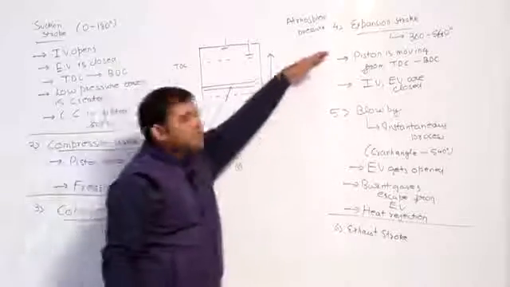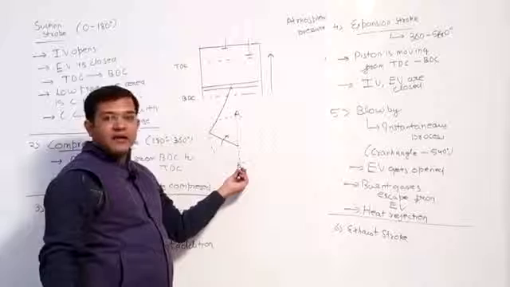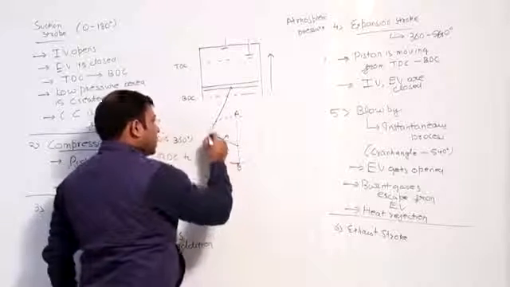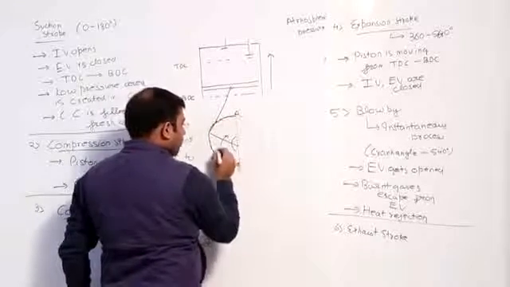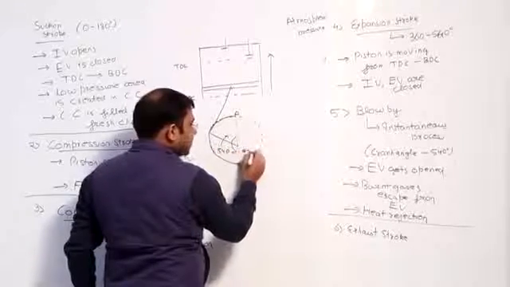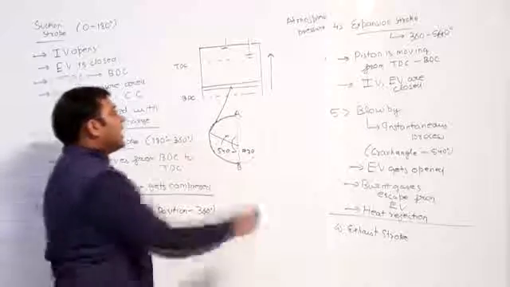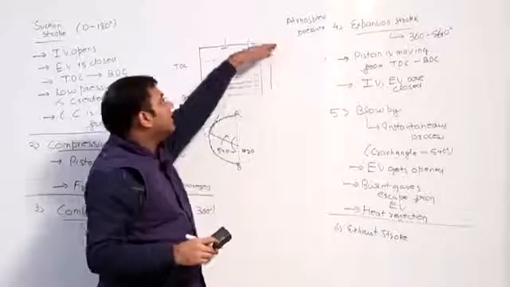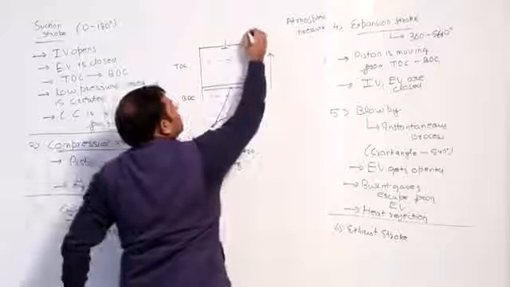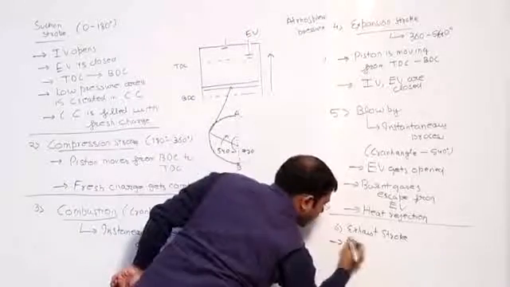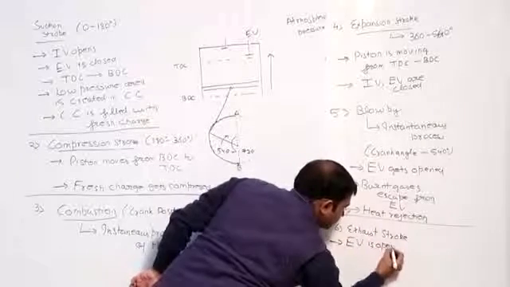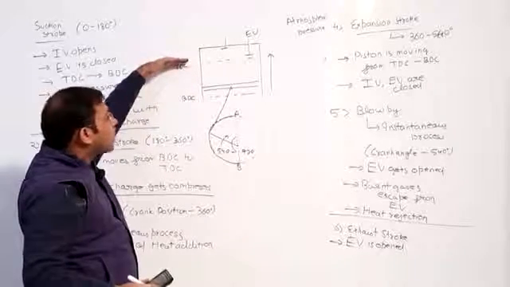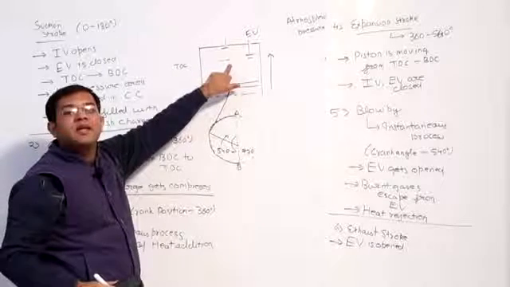After completion of this expansion stroke, the position of the crank is at B and the piston is at bottom dead center. Now the crank will rotate from B to A, and this corresponds to 540 to 720 degrees of crank rotation. Fine. And in this movement, the piston will move from bottom dead center to top dead center, and in case of the exhaust stroke, this exhaust valve is opened. Now see, here the exhaust valve is opened, and when the piston moves from bottom dead center to top dead center, it sweeps away the remaining burned gases